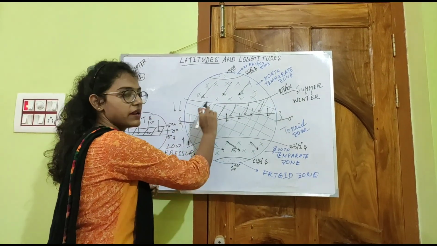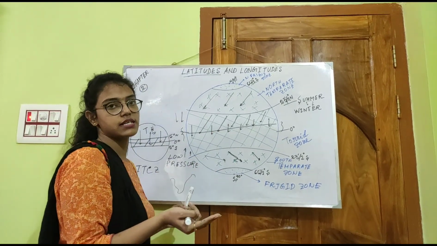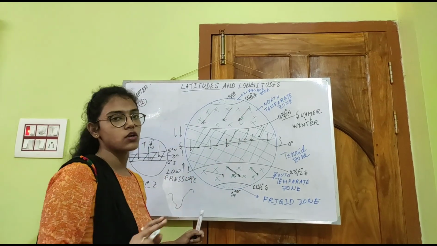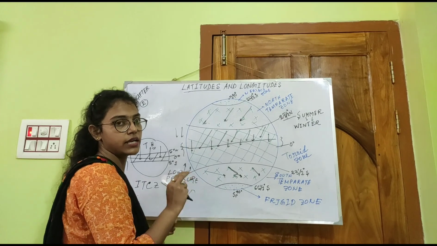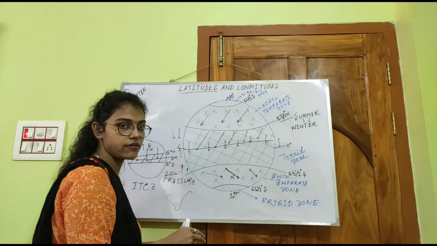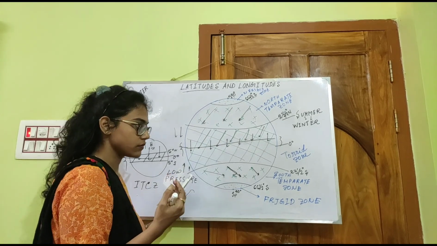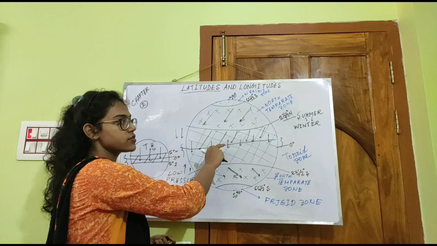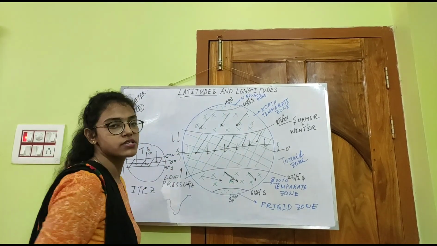But in the tropical place we can see only two seasons: one is the wet season, one is the dry season. We cannot see the other seasons, and on the equator we cannot see any seasons, where they are all the time getting the direct sun rays, and in the evening there is so much rain. This place is the heat zone, and this is the north temperate and this is the south temperate.